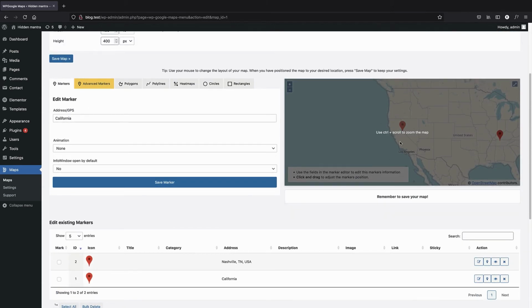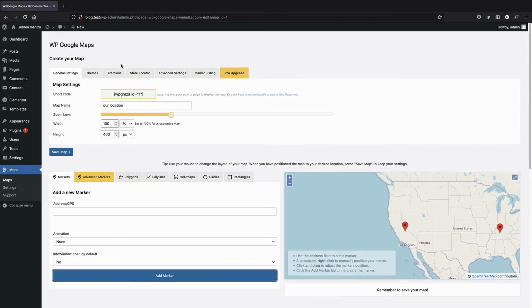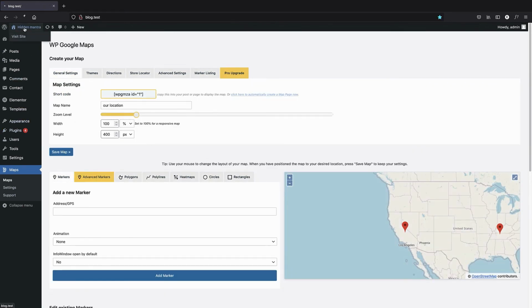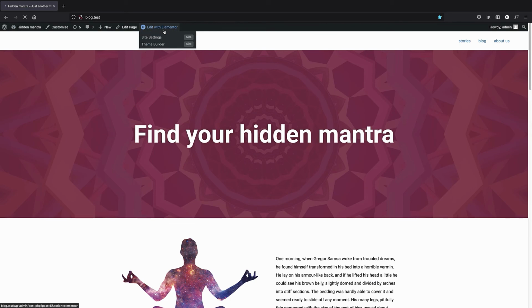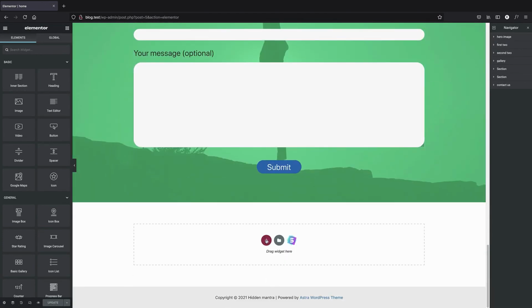That's it. Now we have two markers here, and I can just save this marker and save this map. And now if I bring my home page and bring Elementor, I can go ahead and create a new section here, and I'm just gonna put a shortcode here,